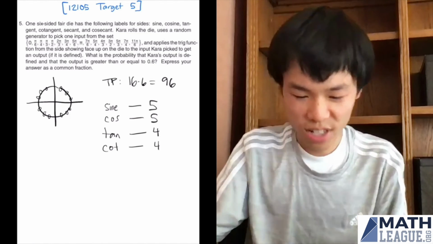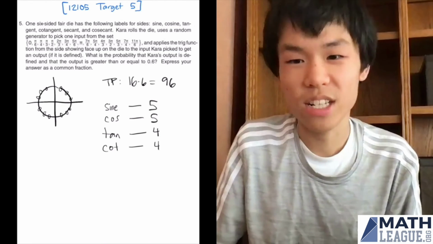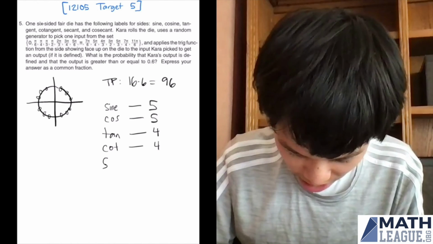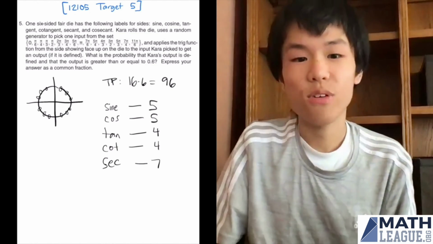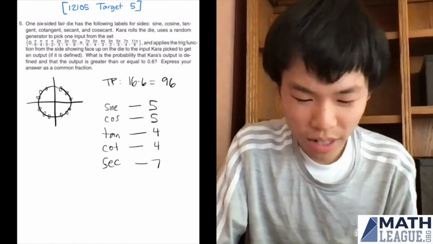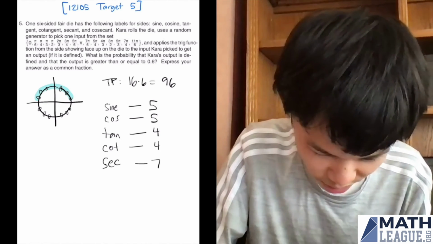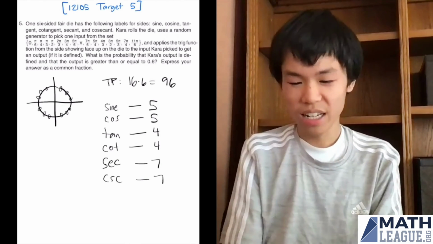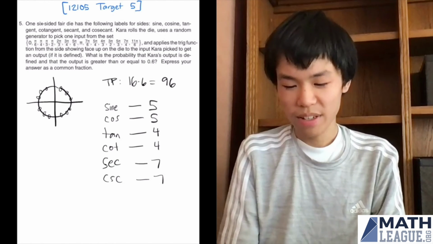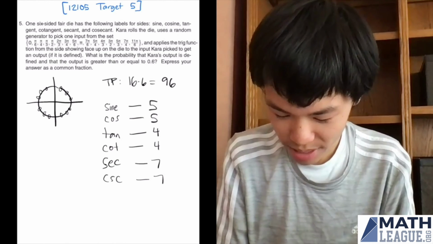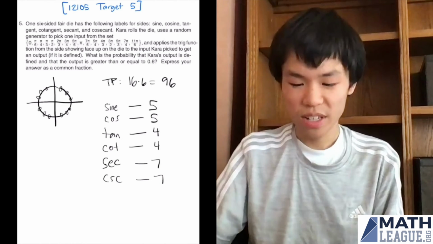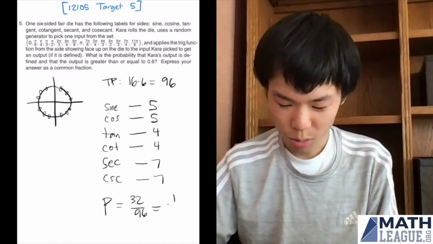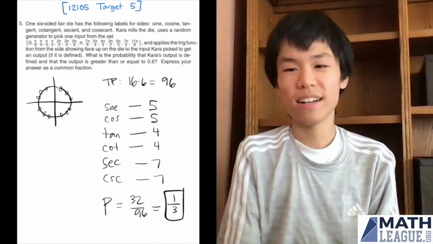Let's tackle secant first. So from that unit circle where the x coordinate is positive, we get a total of 7 working values. So secant is going to be 7. As for the cosecant, that's going to be when the y coordinate is positive, also 7 values. So that means cosecant is going to be 7. And looks like we've handled all the casework, and let's add them up. 5 plus 5 plus 4 plus 4 plus 7 plus 7 is 32. And that means that the probability is going to be 32 over 96 equals 1/3. And we are done.